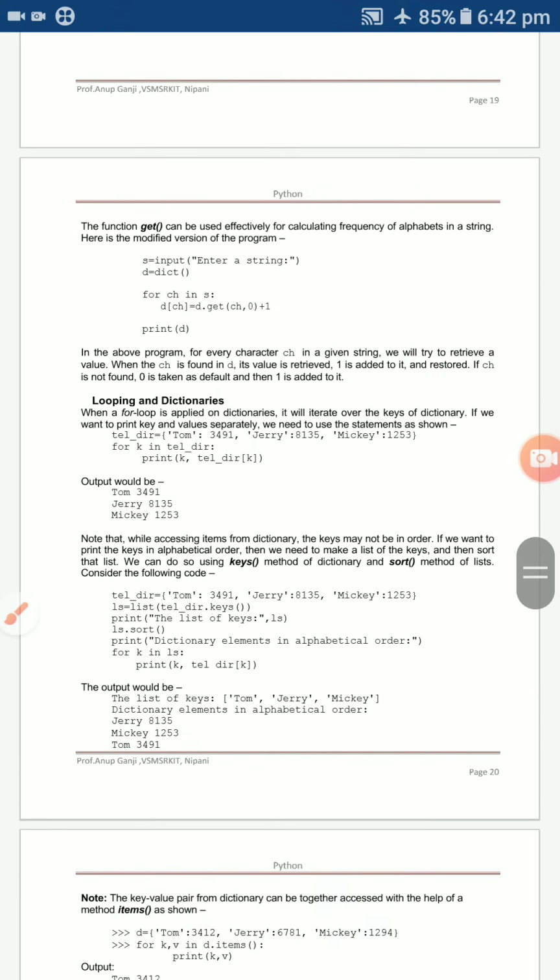And next, the same get function. Here it calculates the frequencies of the alphabets in a string, in a modified version.